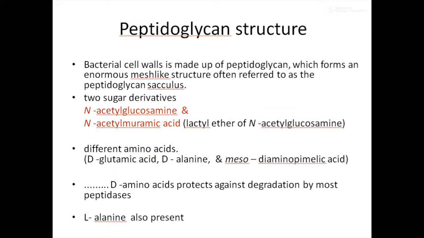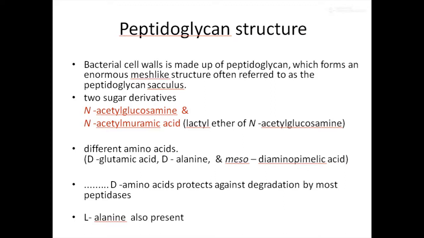So, if you look into the peptidoglycan structure in gram-positive and gram-negative bacteria, a network or mesh-like structure is formed, and it is referred to as a peptidoglycan sacculus. Now, what is the term peptidoglycan itself? When you split it, you can see that it contains peptide molecules as well as glycan molecules. That is, protein-based molecules as well as sugar-derived molecules are found in